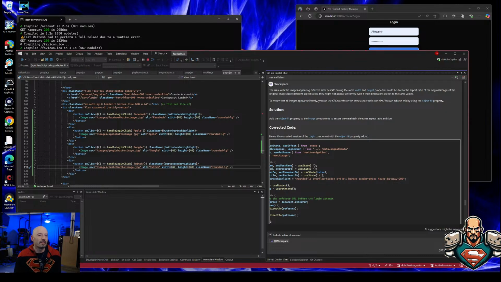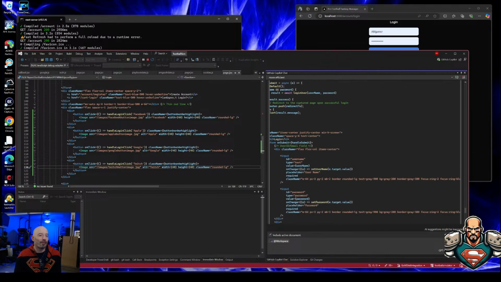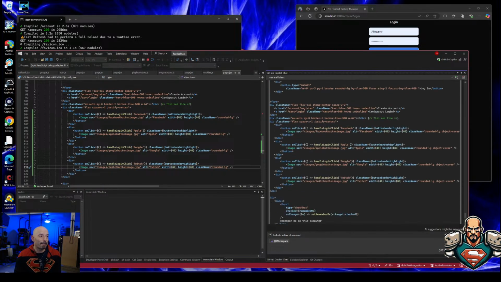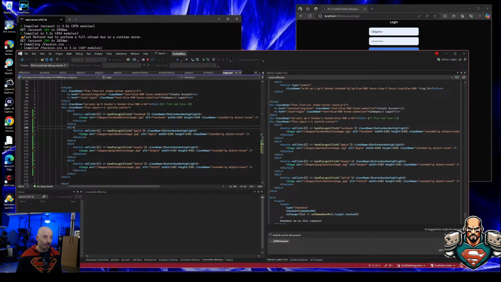Well, that's dumb. If I set it to 40 by 40, it should be 40 by 40, dang nabbit. So object cover, all right. Object dash cover. Man, and people know this stuff by heart? There's a lot of stuff. I guess if I do this for years, that's probably why they want people with 5 years of experience when you're looking for a job like me. They want to know that you memorized all these little things. I mean, it's not like you can't look it up in 20 seconds, but